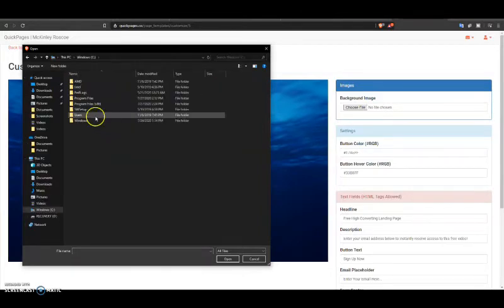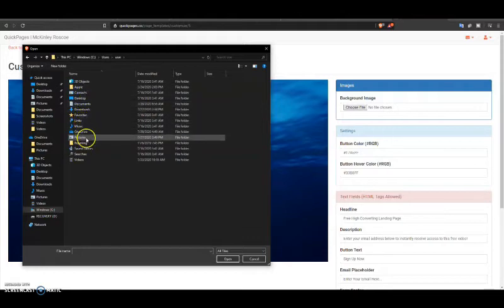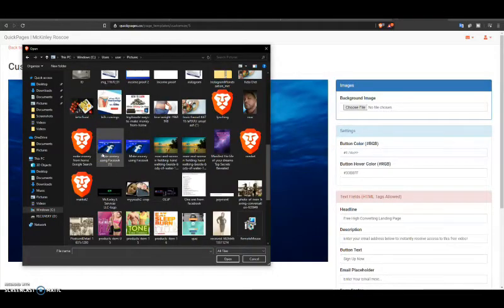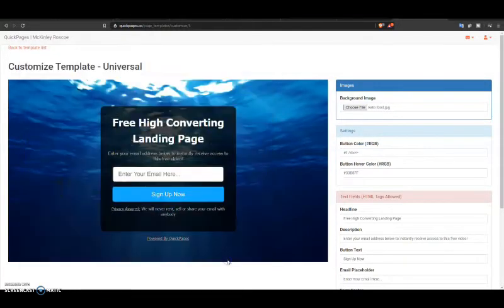This whole thing's a mess, but it's okay. Welcome to my computer. Pictures, here we go. And we are looking for the keto food. Just type that in. Keto food. Okay, so now that we got the picture saved, we're going to